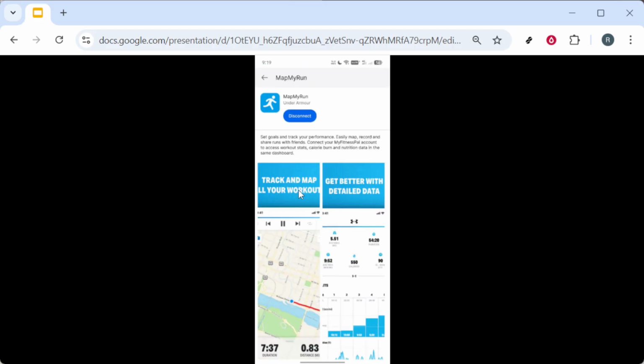That's the full setup. From now on, when you record a workout in MapMyRun, it will sync into MyFitnessPal and appear in your exercise section, and your daily calorie goal may adjust to reflect your activity. The first sync can take a few minutes, especially if you have several recent workouts, so give it a moment